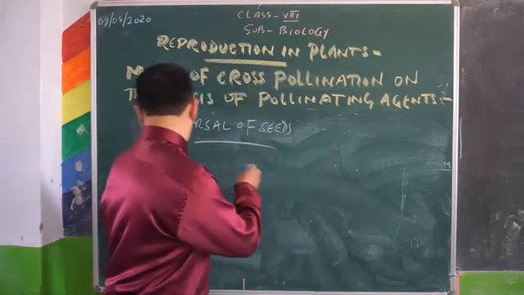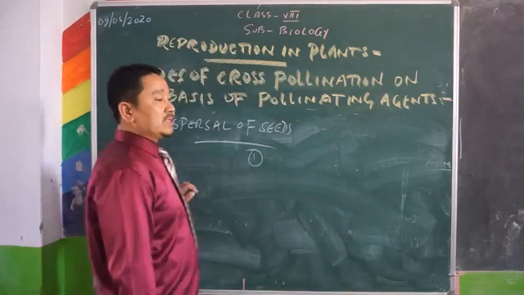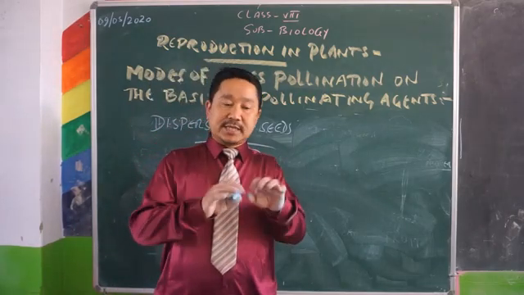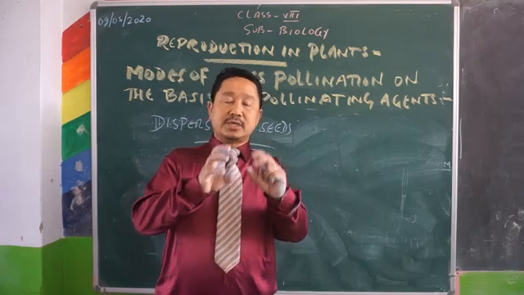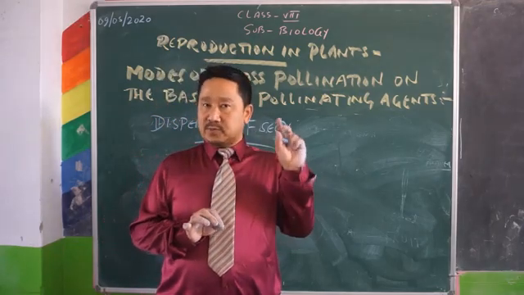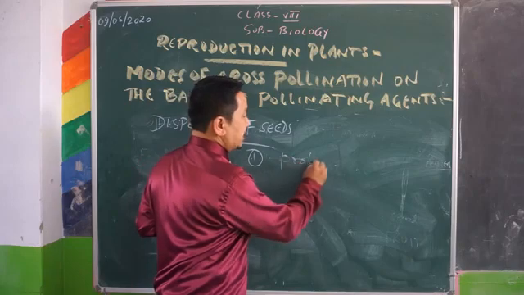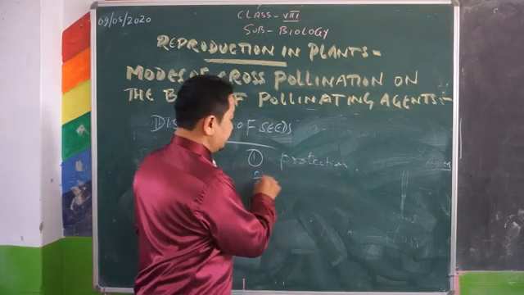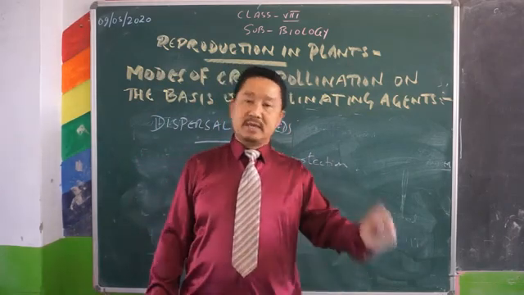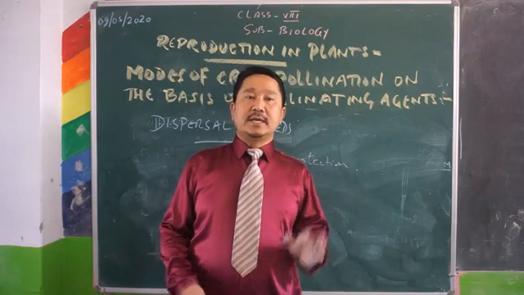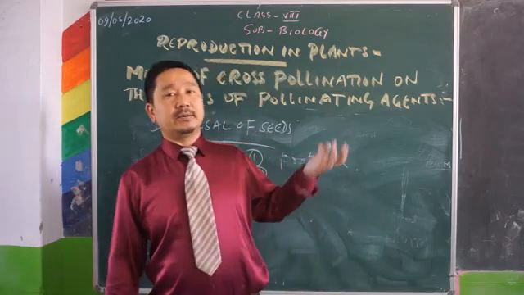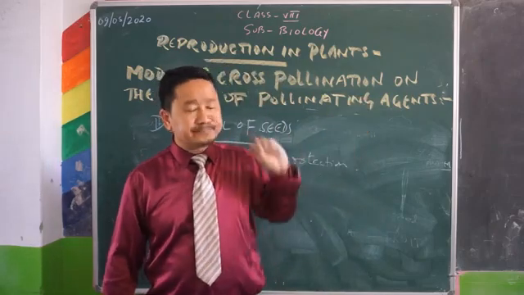Why? There are two reasons given. Number one, fruits provide protection to the seeds. Seeds are inside the fruits because seeds are so fragile, so young, so they are protected by means of the fruit. Number one is protection. Second one, when the fruits are seen by insects, by animals, they get tempted to eat it. Animals or human beings, when you see a ripened